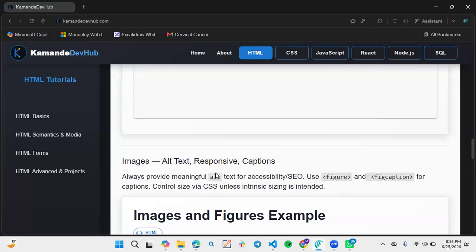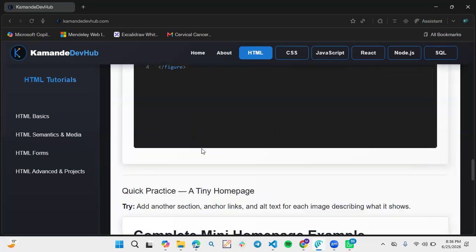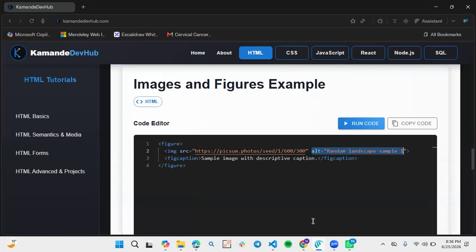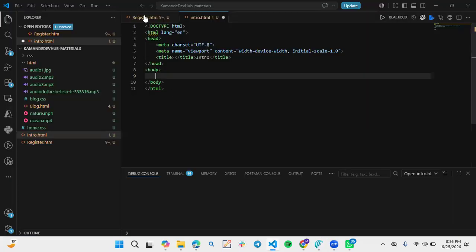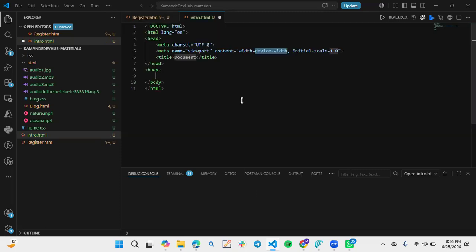So for example, let me do this from the VS Code so that I can show you images and also videos and audios in those 10 minutes you've given me. I had some file here. So this is the boilerplate I had generated. I said you can generate it using Shift and the exclamation mark, and then you click on that. So we are talking about